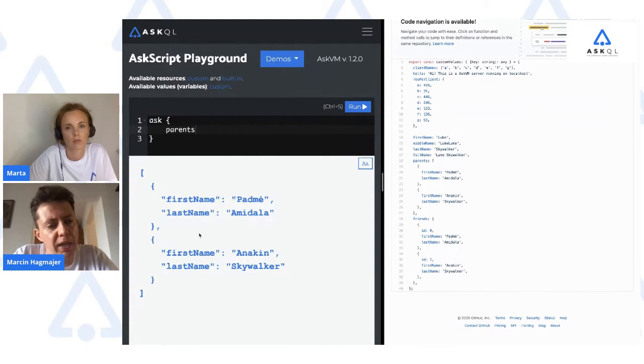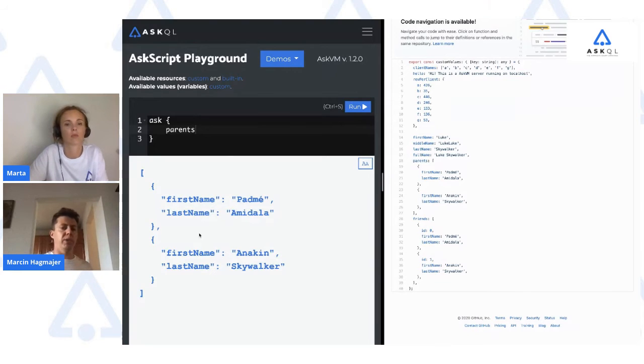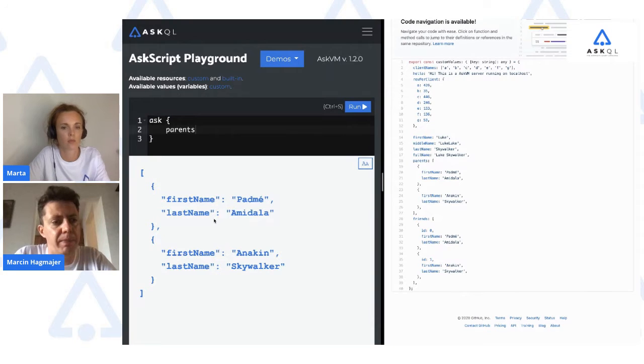So you don't need to process all of this big chunk of data over the network, because if you're only gonna use the first name of the first person, why transfer all of this information? This is just gonna make your application slow, your query slow, and just not very efficient.